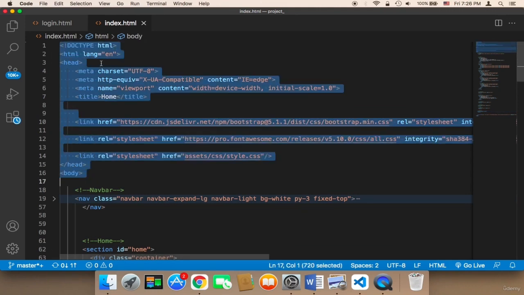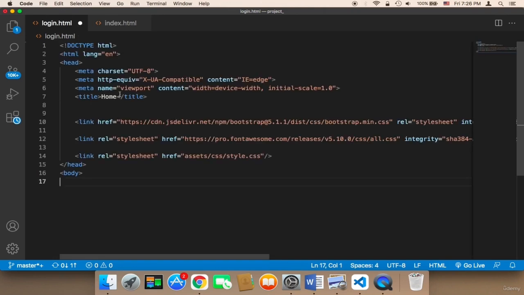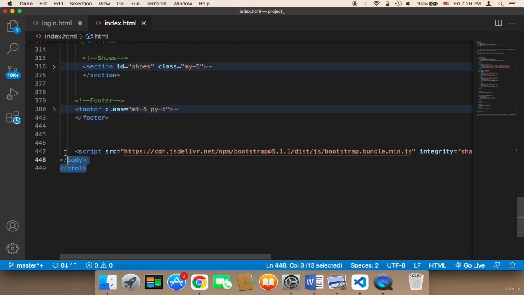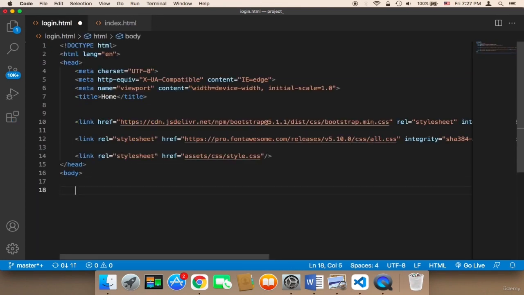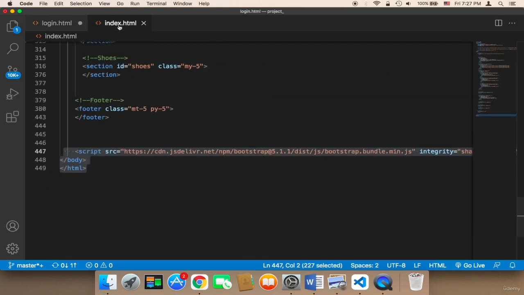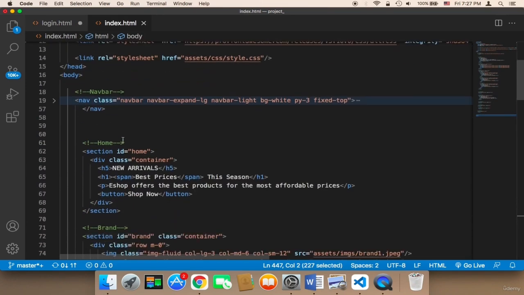and then I'm gonna paste it in the login, and then I'm gonna again copy the footer part, which is this part, these three lines, and then I'm gonna paste them in the login, and then in between we need to display the navigation as well as the footer. So I'm gonna get the navigation from the index. Here I'm gonna get this navigation, and then I'm gonna paste it in the login,